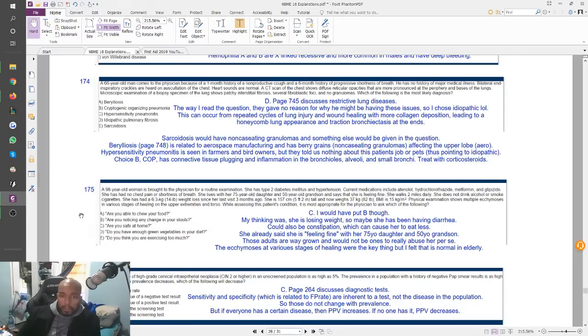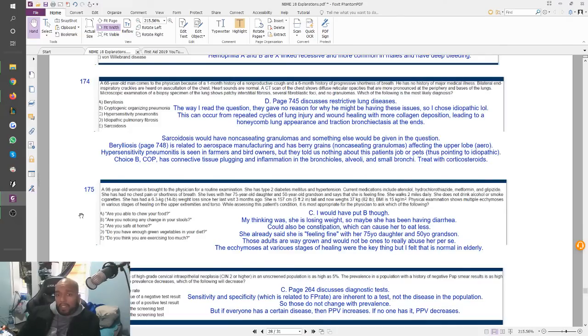I was thinking more along the lines of how old she is and colon cancer and stuff like that. So maybe she has polyps, maybe she has constipation or diarrhea. Either way, both things can cause you to lose weight. Constipation causes you to eat less, diarrhea causes you to lose everything. She already says she's feeling fine, and she's living with really grown-up people. A 75-year-old daughter, a 50-year-old grandson. These aren't really people you usually think will cause elder abuse, but they can.